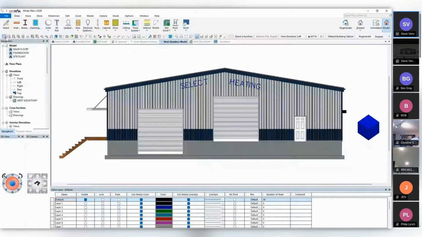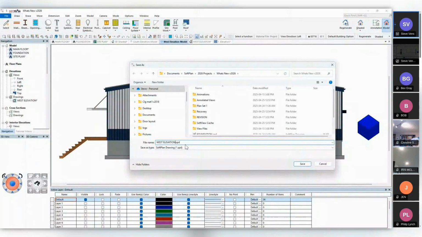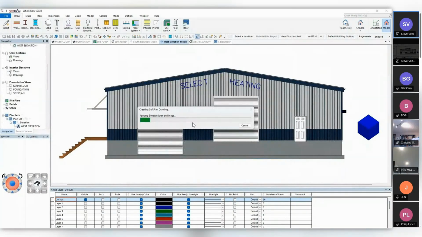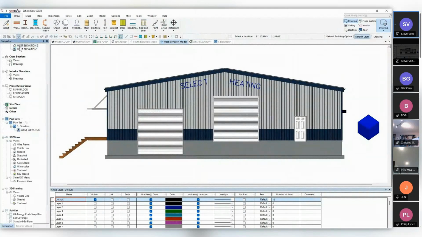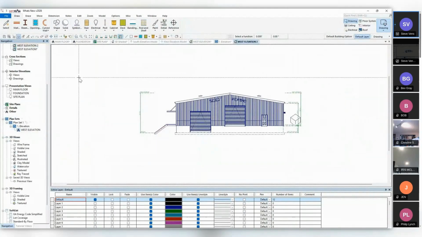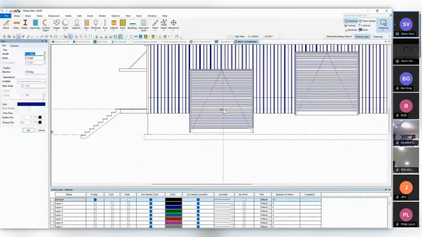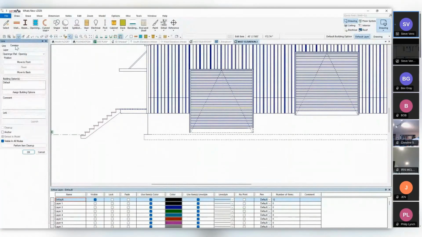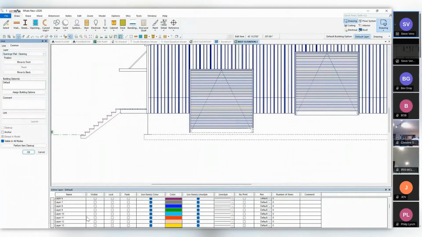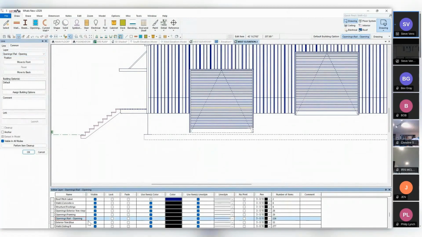Back in my elevation view, if I were to save a new west elevation, and I'll this time call it west elevation 2, when I open it up, it no longer has any symbols for any elevation. So if I were to edit the line work of this roll up door, coming to the common tab, it does assign a layer to each of the objects generated from your saved elevation. So now that I know that it's on that particular layer, I can locate that layer. Here it is. Quickly change the pen to pen 16,